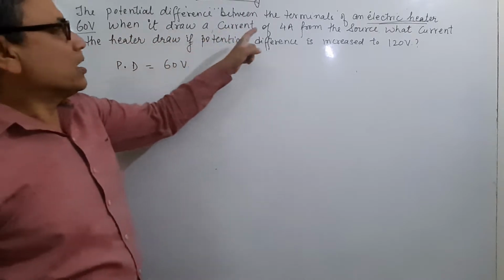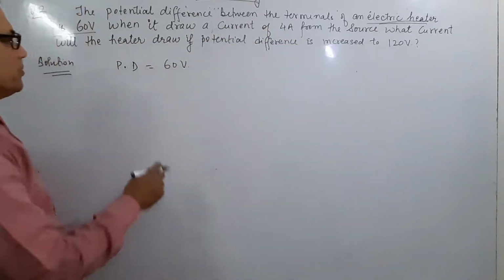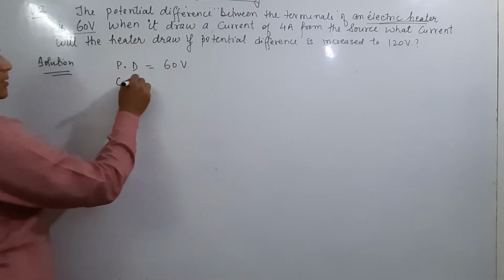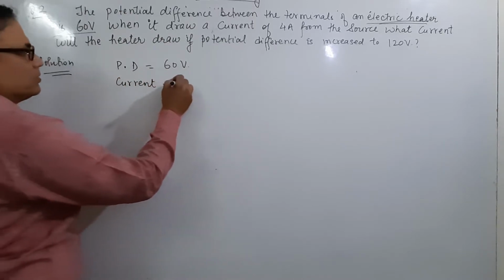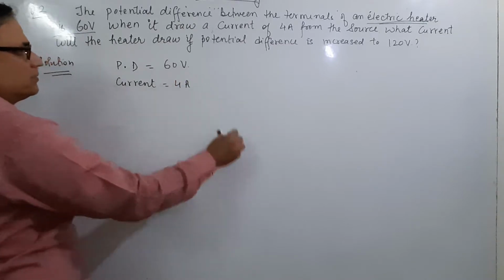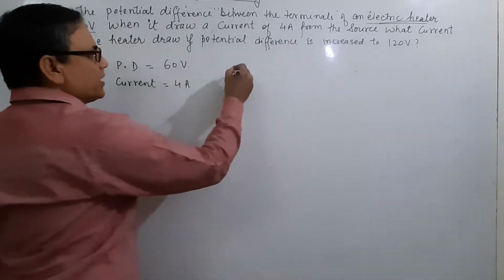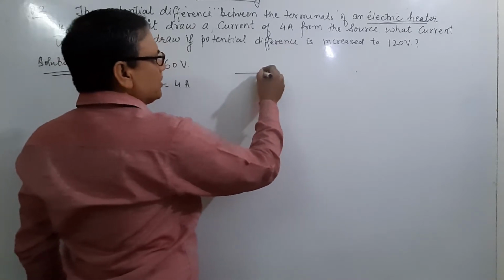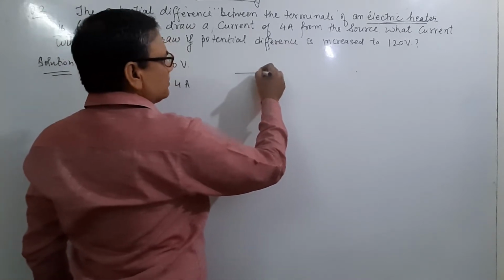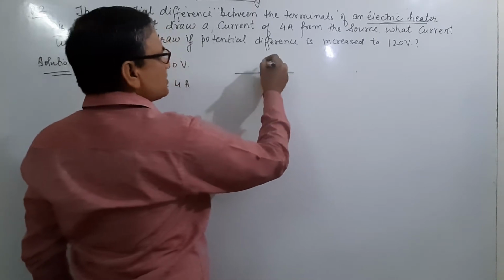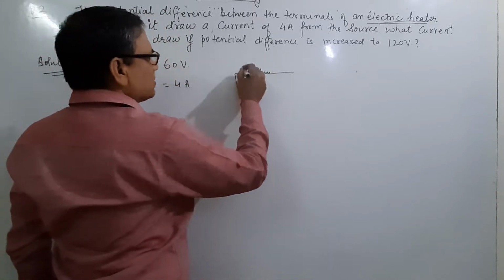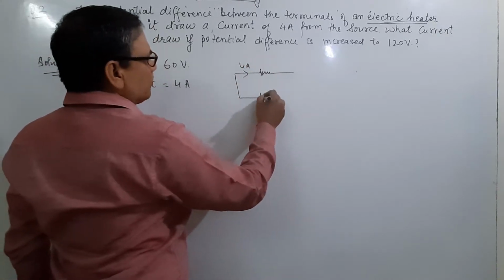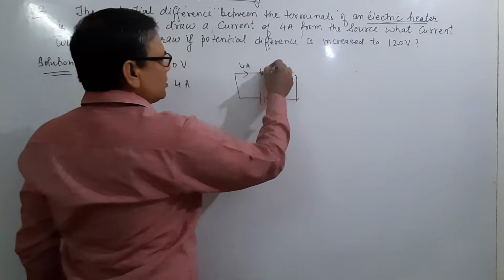When it draws a current of 4 ampere from the source, it means the potential difference is 60 volt and the current is equal to 4 ampere. It means an electric heater, now taking any symbol. This is the electric heater, resistance, which applies the current of 4 ampere, and potential difference is 60 volt, and this is R,